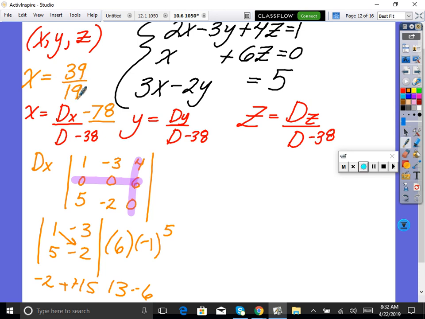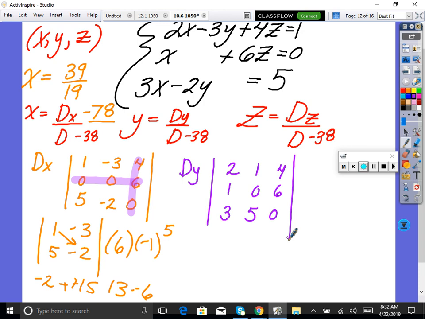So now let's find dy. So then once again you'd say, so dy is replacing y. Picture yourself crossing that out. So we still have 2, 1, 3. Then we have 1, 0, 5. Then we have 4, 6, 0. So then finding this is going to be a little bit of a process. See what we're doing here? This takes forever. So then we have, I don't know, this one. Okay, so then we have,